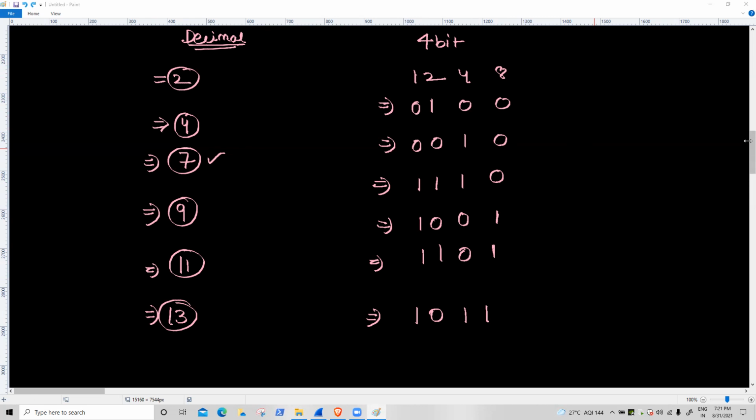Suppose you are getting these values, now we learn from 8 bit. How many bits? 8 bit. So in 8 bit, how many values are available? 0 to 7. How to represent 0, 1, 2, 3, 4, 5, 6, and this one is 7.